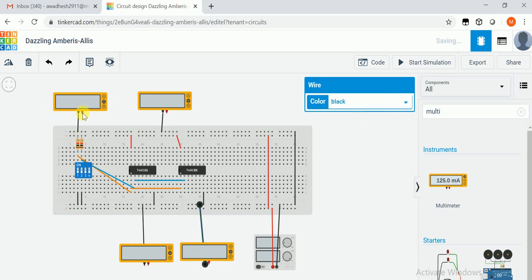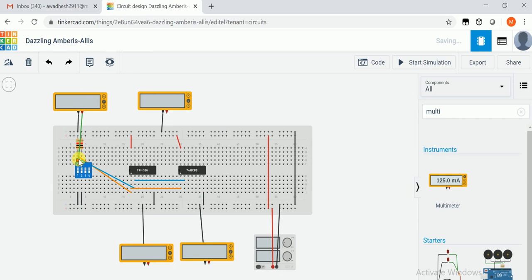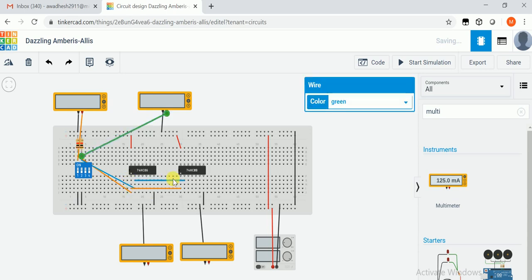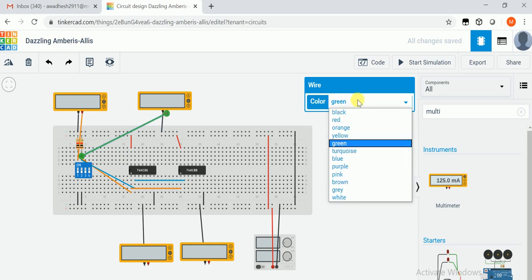Now first multimeter input is connected to the pin 1. Make it orange because first connection is orange color, and second input is blue one. Let's connect it here. You can connect here or here or here, anywhere, because all these ports are shorted. Okay, so make it blue.